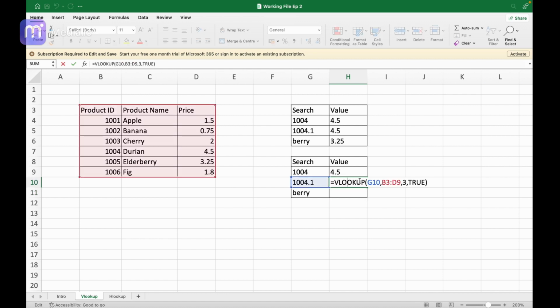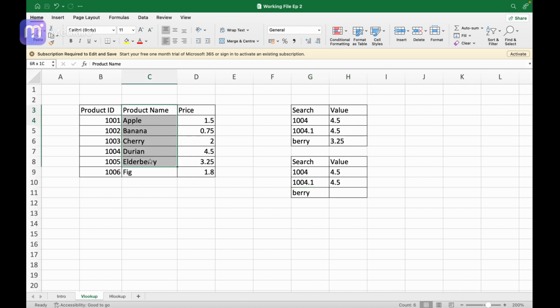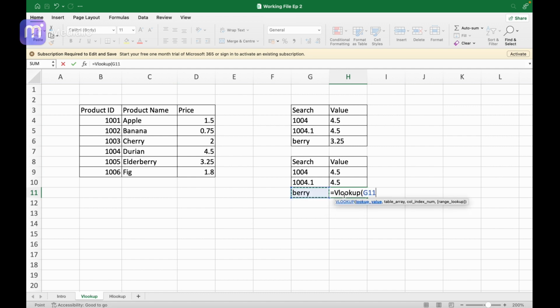So after the true approximate match of VLOOKUP, now let's move on to the next type of VLOOKUP, which is the wildcard VLOOKUP. You can see that over here I have product names as well, and what the user wants me to search is the product which has berry in it. So let's say if I directly search this, I have to type VLOOKUP, then select this berry, go towards the data. See, now I am not selecting from column B, I am selecting from column C because my data is in column C only. Comma 2, now it is 2 because my first column is C instead of A or B.